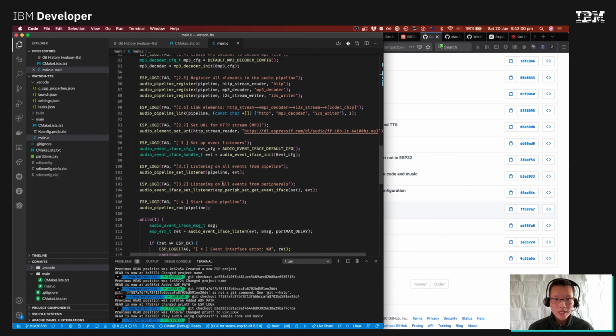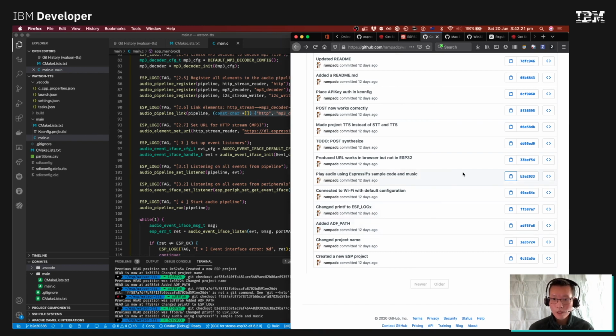And down here somewhere, this is how you connect things up. You register the individual components, the stream reader, the MP3 decoder, and then write it to the I2S stream, and link it up with this function, audio pipeline link, that passes in these 3 tags for the different components. When that is done,